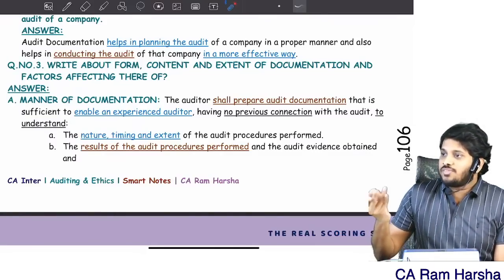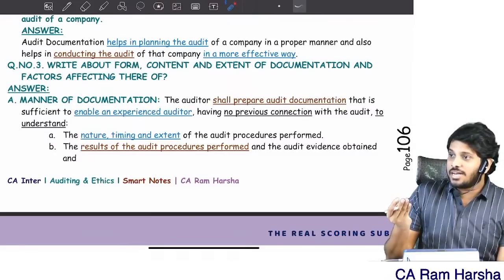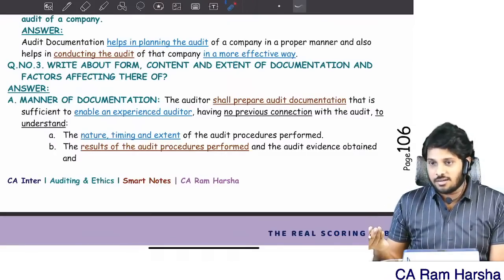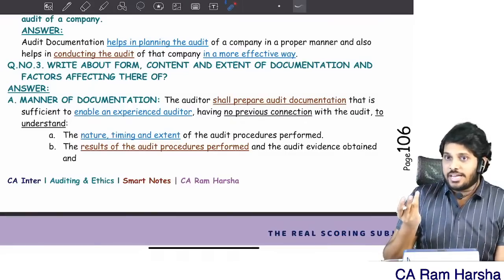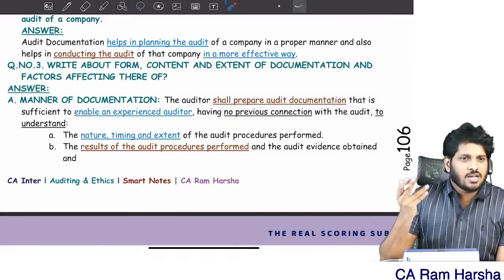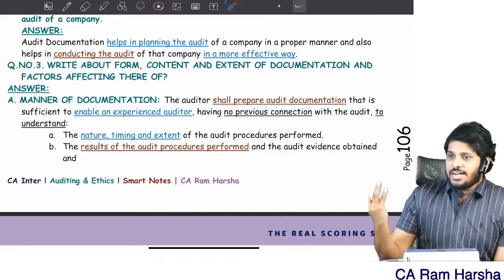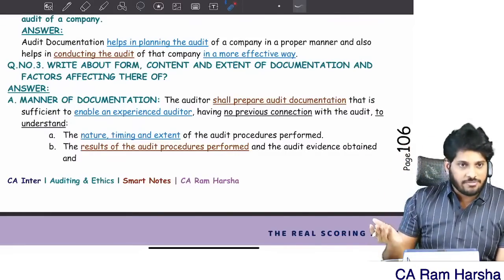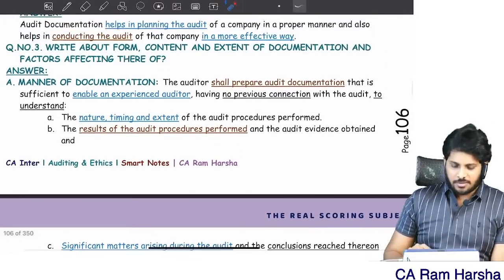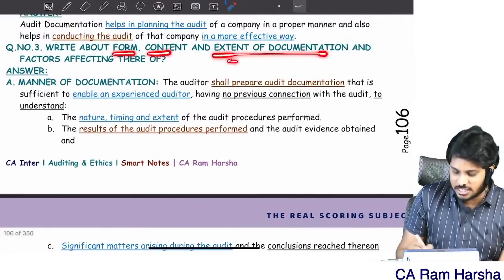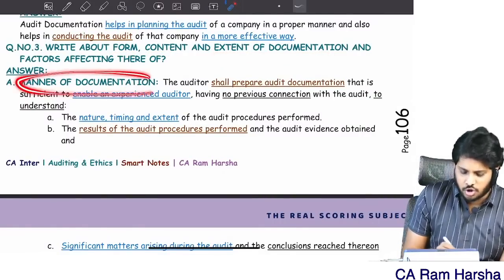It depends upon the client we are working with, because some clients maintain completely electronic data. Some clients maintain completely physical records. So the form of documentation, whatever we are maintaining, is not predetermined. It depends on so many factors. So what is the manner of documentation? Ultimately, what is the form, content and extent of documentation? Nothing but what should be the manner of